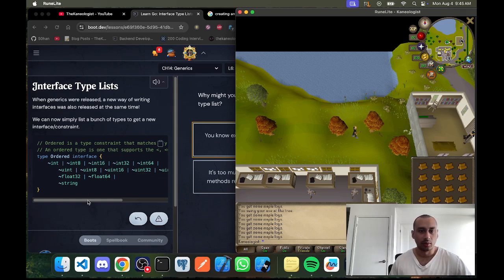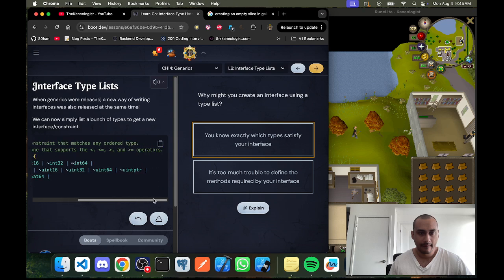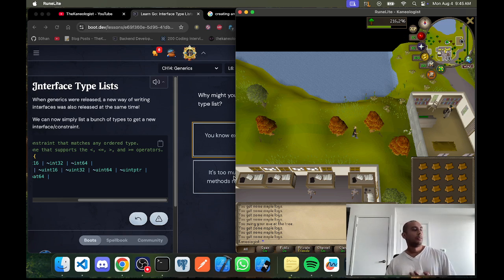And basically, the ordered constraint supports... An ordered type is one that supports the